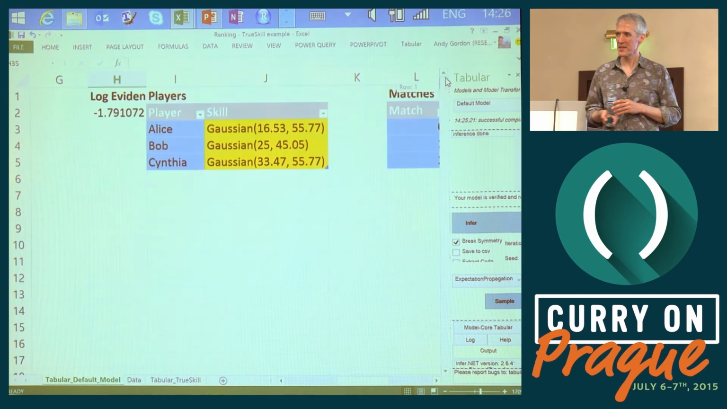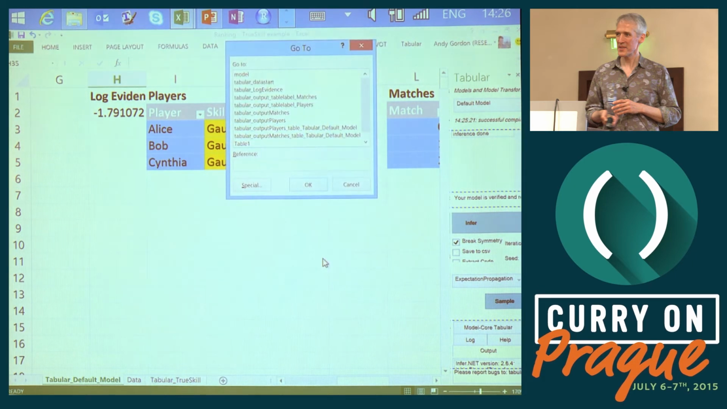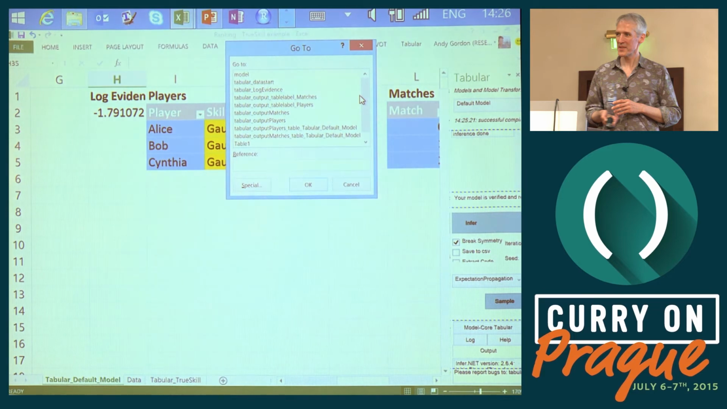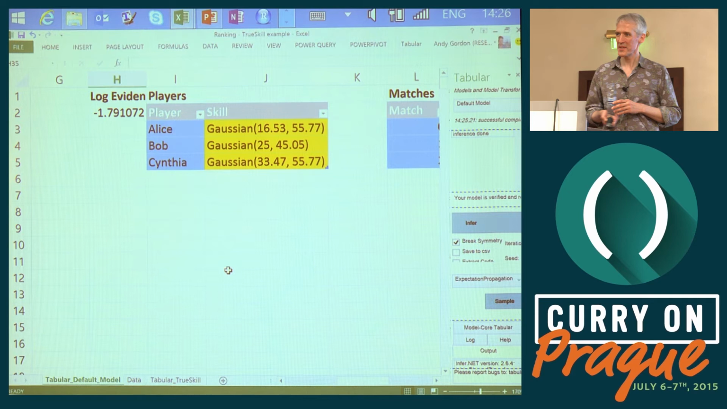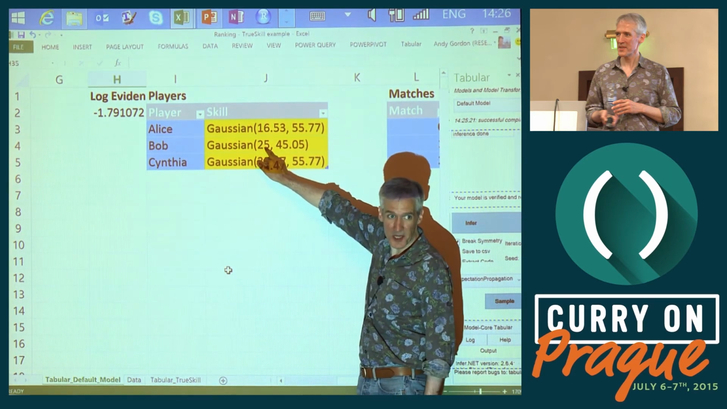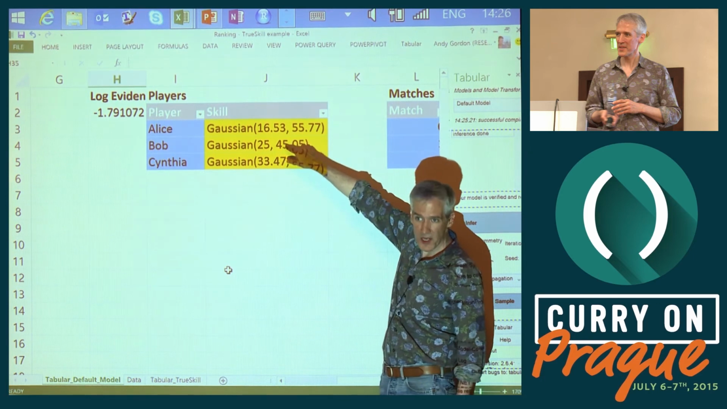These started out with everyone at 25, but Alice lost to Bob, and Bob lost to Cynthia. So what it's learnt is that Bob is in the middle. Whoops, how did that happen? Interesting, it did it again. Right, okay, live demo. That's never happened before. Let me just point. So Bob is stuck in the middle, still at 25,